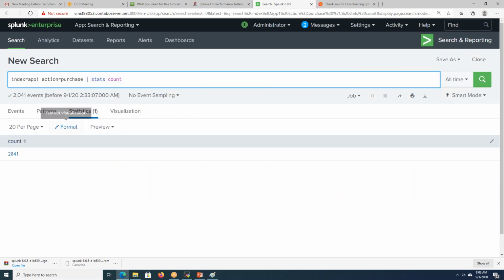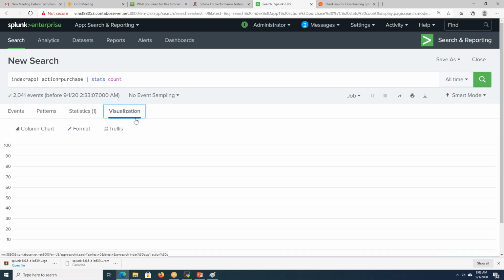So now whenever I write a query which yields some output, it will give me the count. The statistics will work. Till then, if I search the events normally, you won't get the data. Now I have around 2000 events out of 13k related to action equal to purchase. If I click on visualization, I will go through this later. We have 3 days for only this.